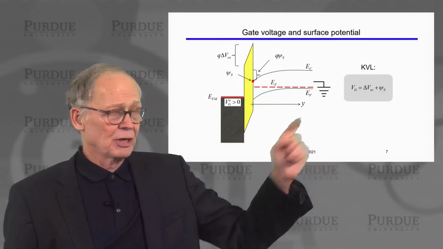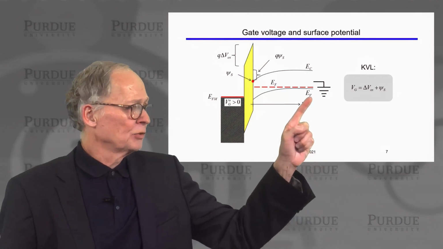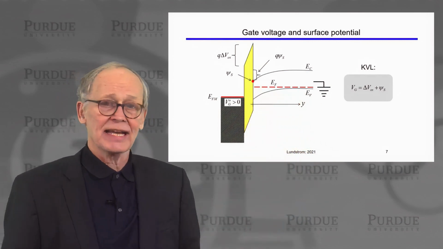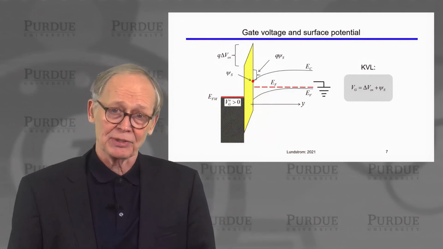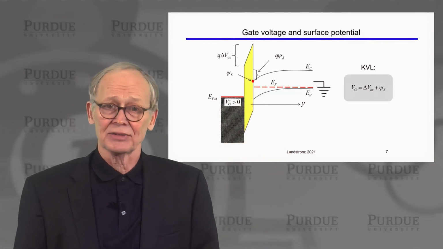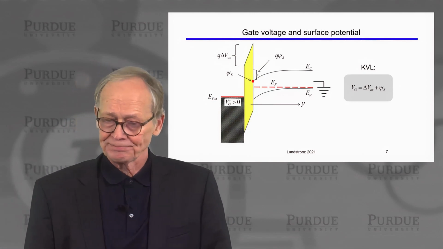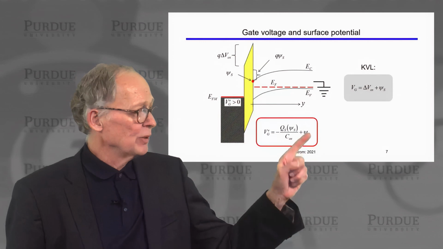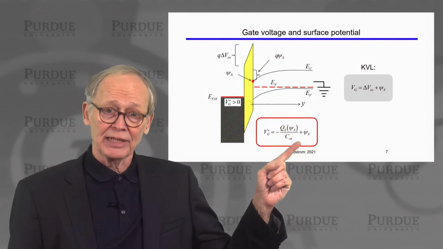We simply used Kirchhoff's voltage law. Voltages add up. The voltage in the bulk semiconductor is 0. The voltage at the surface of the semiconductor is psi sub s. That's the voltage drop across the semiconductor. The voltage drop across the oxide is delta V ox. And the two have to add up to the gate voltage. Okay. And we showed that if we do that, we get this fairly simple expression that relates the gate voltage